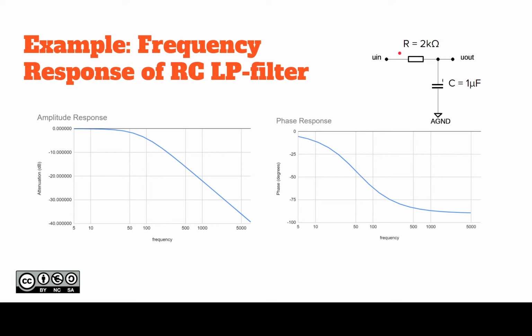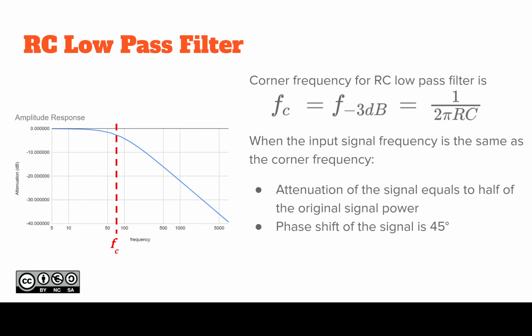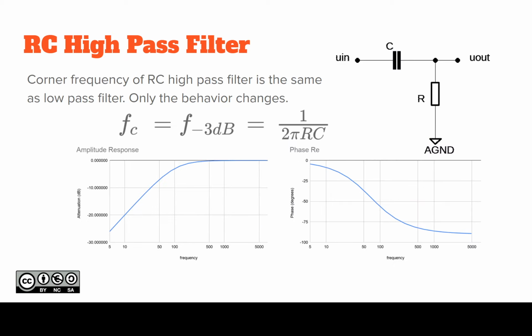Remember that Kirchhoff's rules are still working here, so the total voltage U in is divided between the resistor and the capacitor. So if the capacitor signal of the amplitude response looks like that, then the rest of the signal must be across the resistor, which means that if you just swap the resistor and capacitor places here, you get this